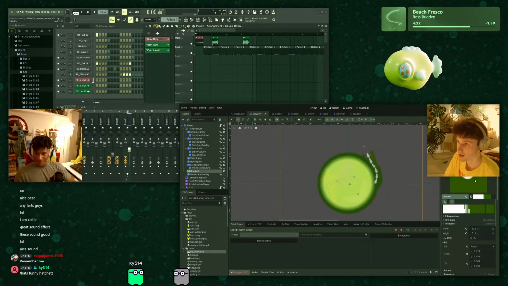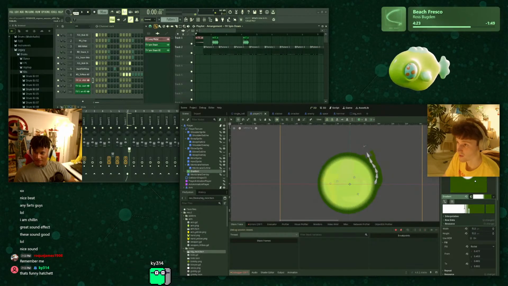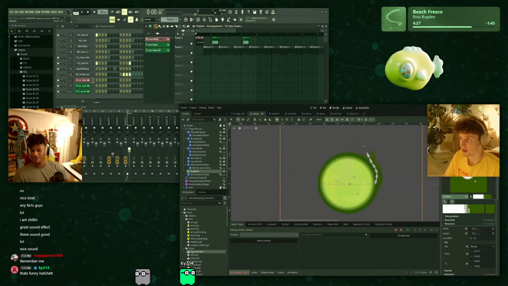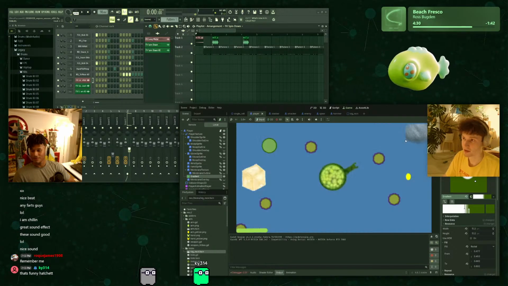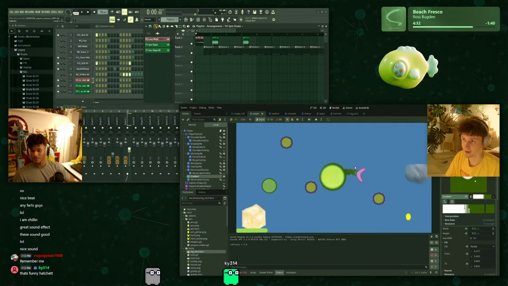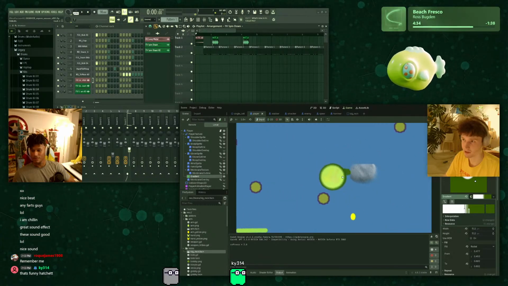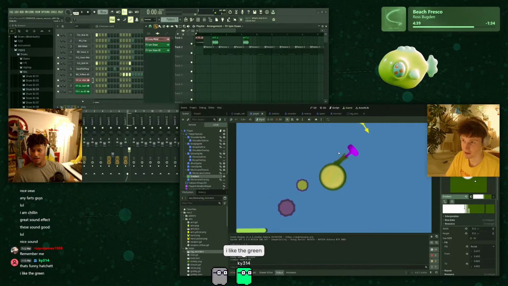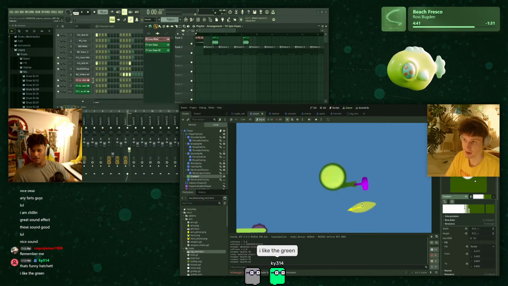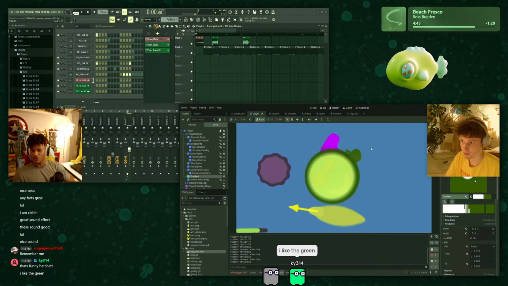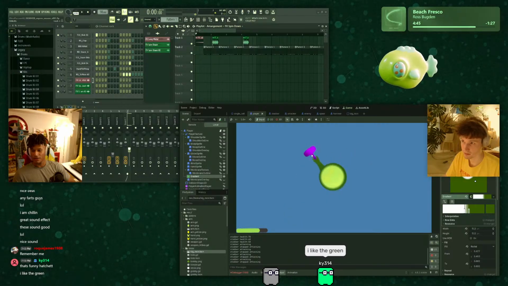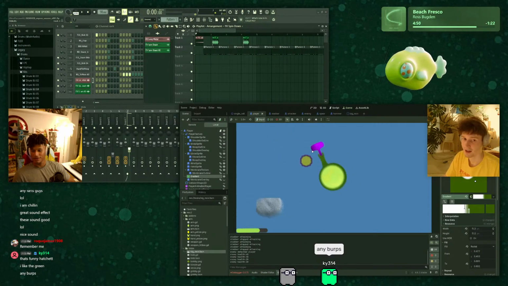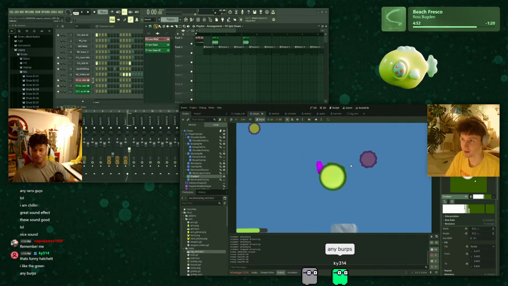What do you think of this gradient right here? It's a pretty nice green. I still don't know what to do about the arm. If the arm should just be a darker color. I don't know. I feel like it should be lighter. It's hard to see right now. I do want it to be lighter, but